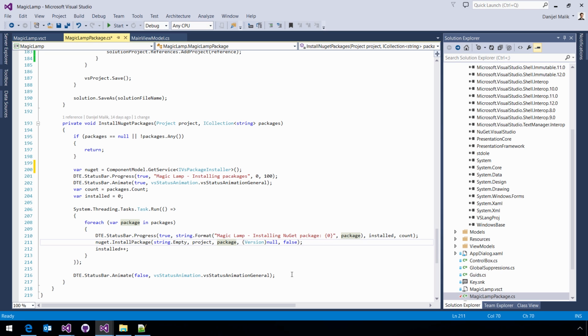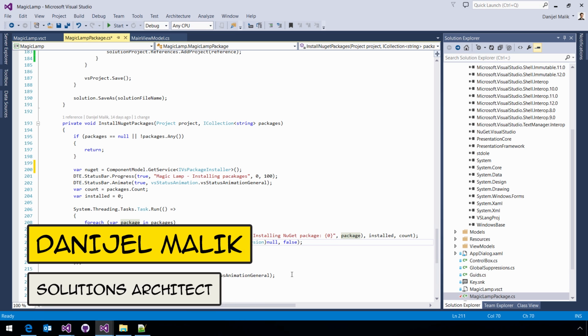So as you can see, doing simple things is still complicated. So extending Visual Studio is not a very trivial task, and more complex things become even harder because there is not much documentation. But I hope you at least get a bit of heads up and a bit of grip on how you can start. I'm pretty sure I'll be doing another video at some point trying to explain more difficult things. But yeah, I hope that this gives you enough so you can start playing with your own extensions, and